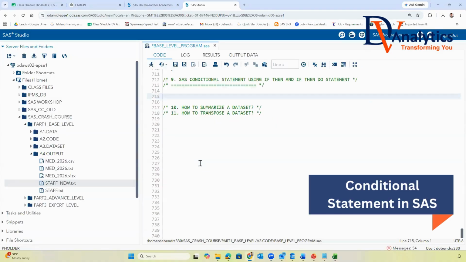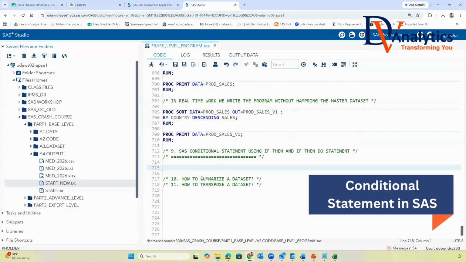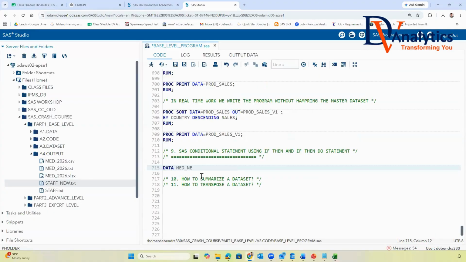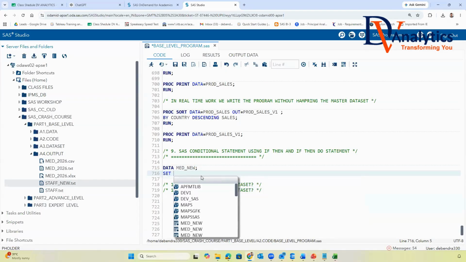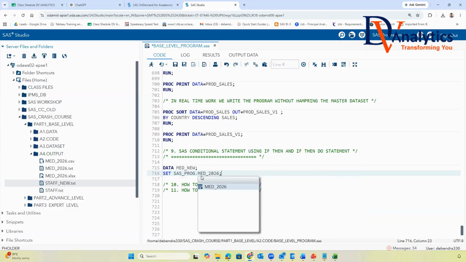For example, guys, we create data made_new. We are using the set statement to read data from the existing data set, which is called sas_prog.made_2026.